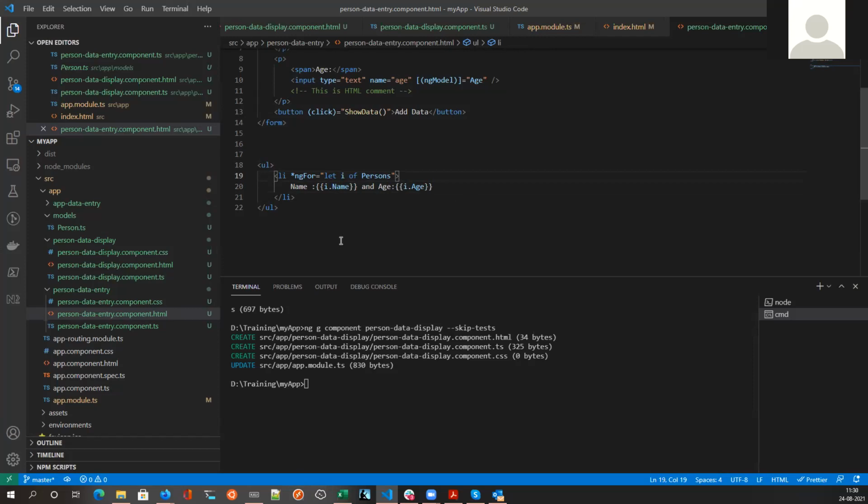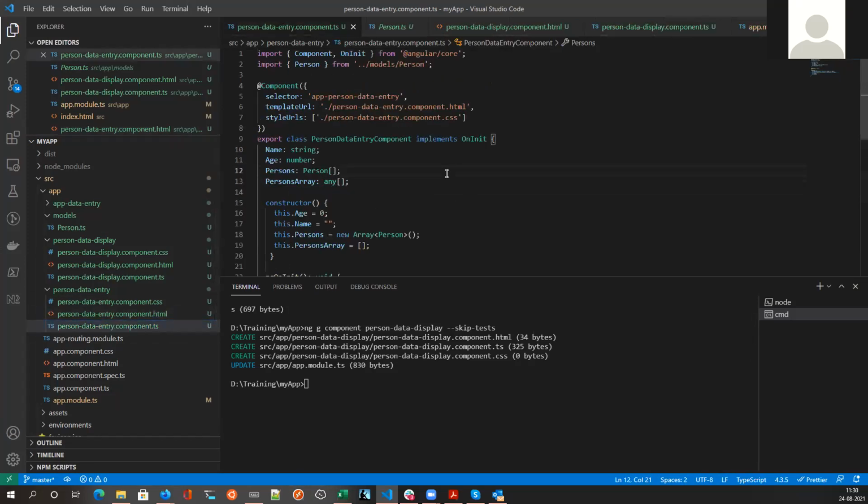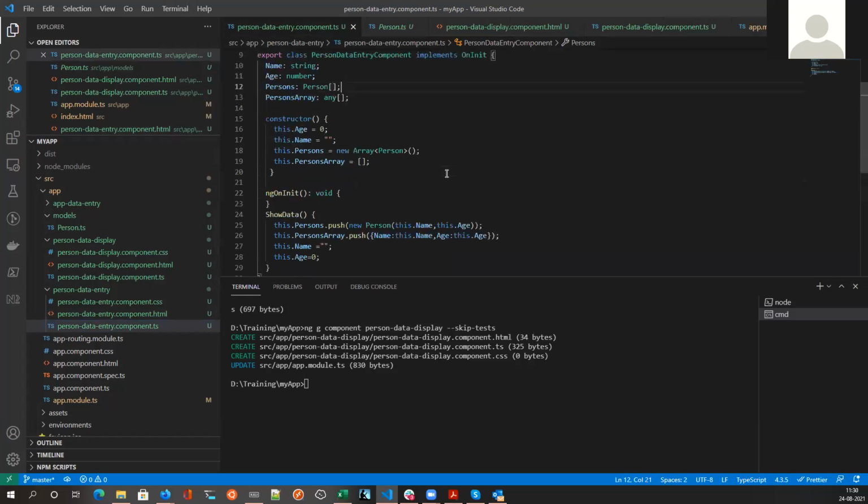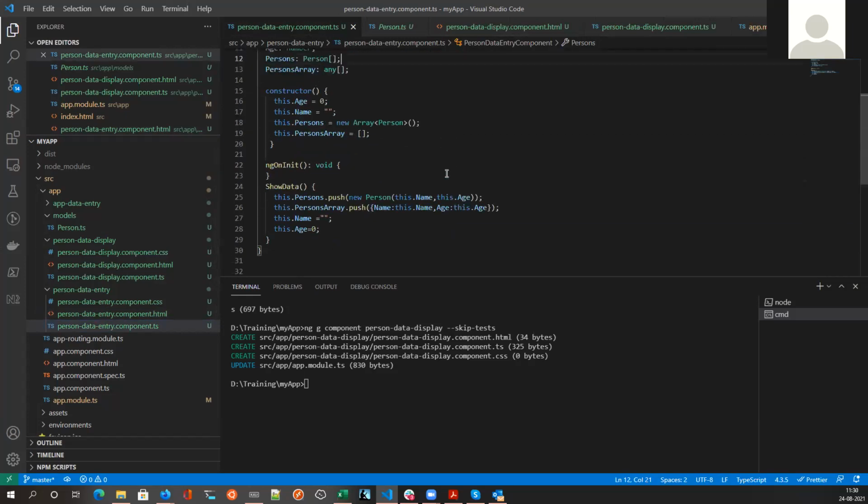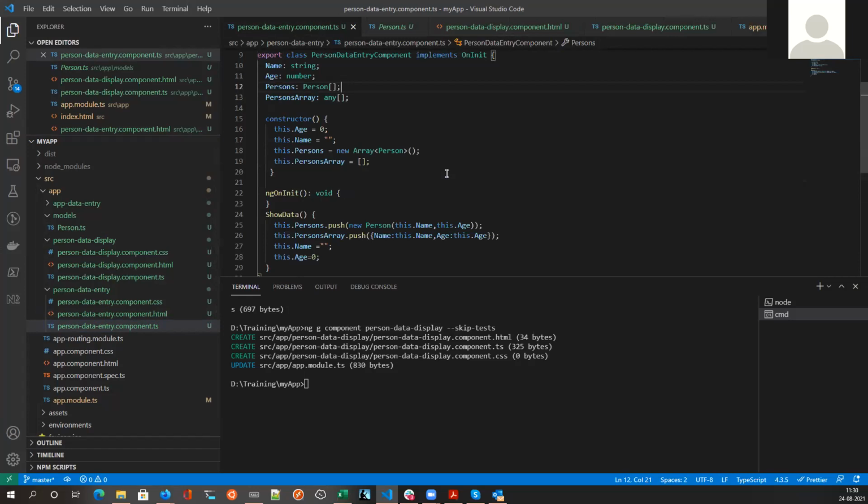Sir, can you go once in TS? How do you push to the any array? Yes. Person array dot push.